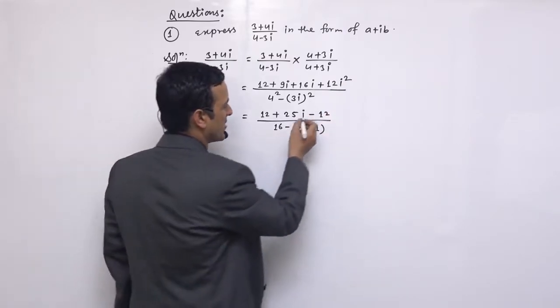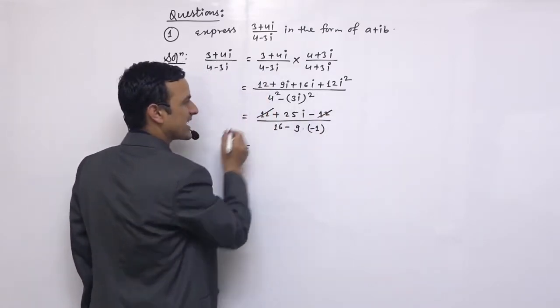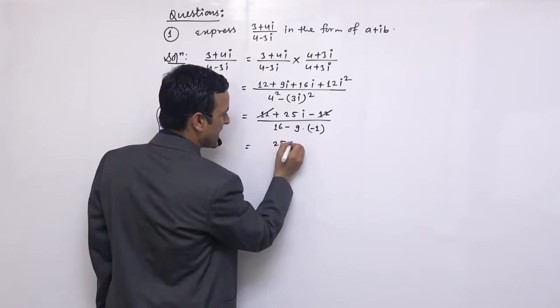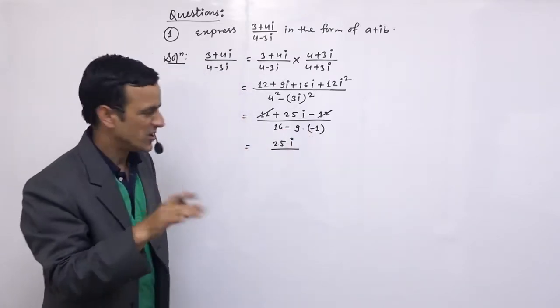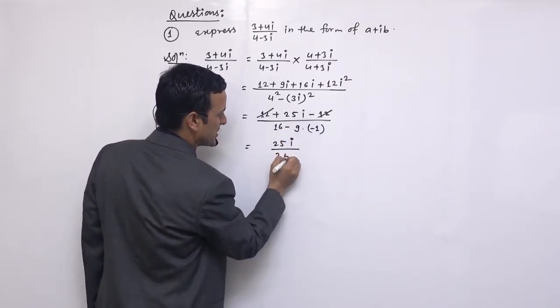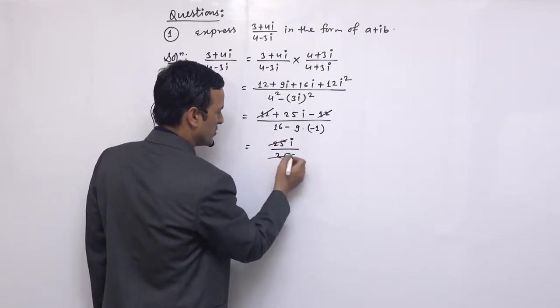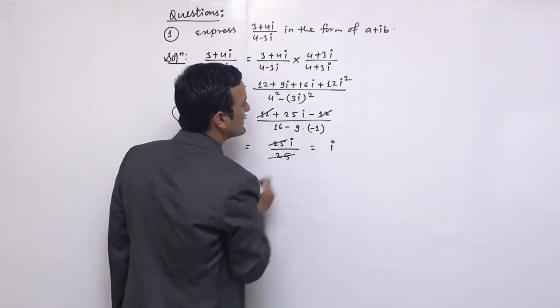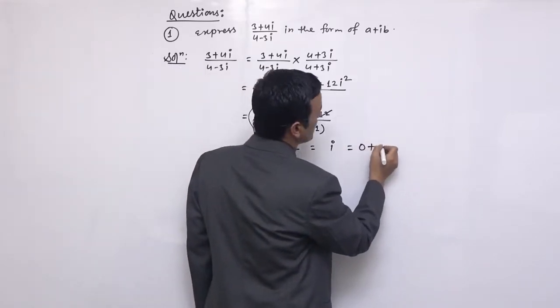Or we can write down this sign. 12 minus 12 we can cancel, and 25i divided by this, minus and minus. If you multiply, then it will be plus, and 16 plus 9 means it is also 25. So 25 we can cancel, so it will be i, and it can be written like this: 0 plus